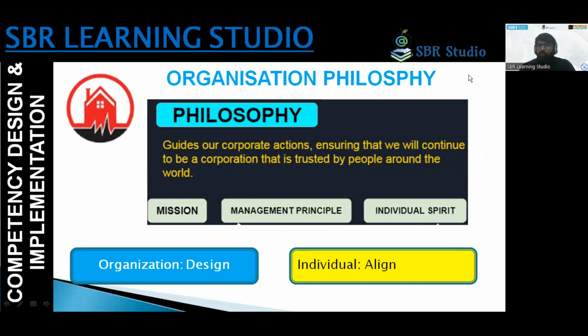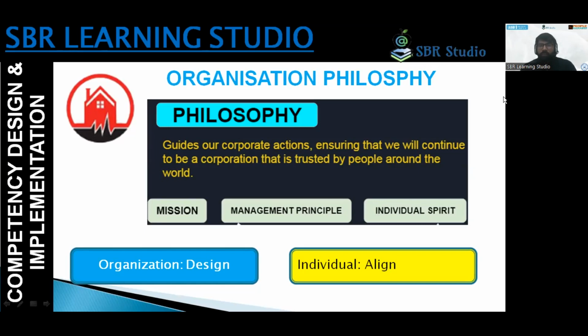So there you have to put three things into your bucket, or into your organization philosophy. And philosophy is what? It is about your guiding principle which guides your corporate actions. If you are an HR, sitting in a location or in the corporate, when your management, who are the organization leaders or the business leaders, till then they are